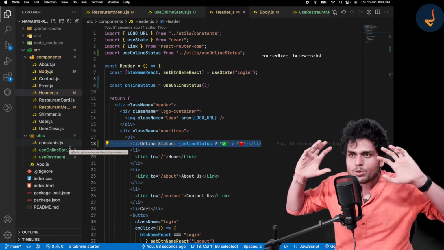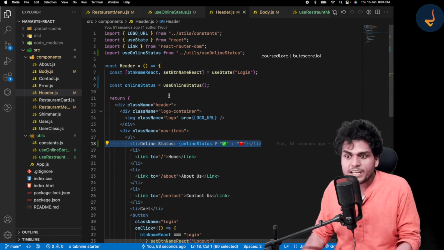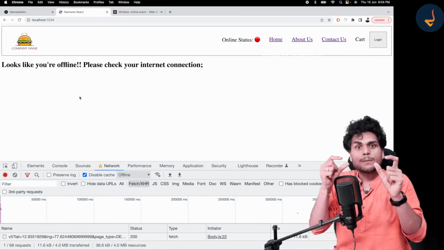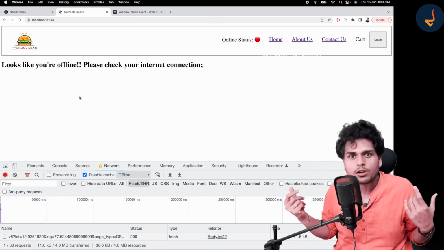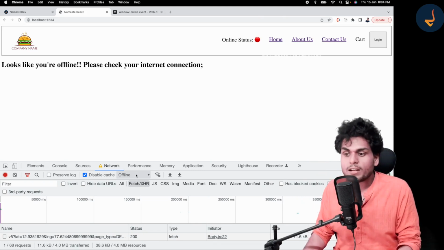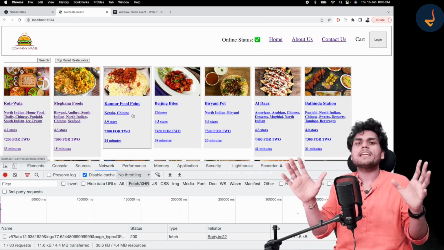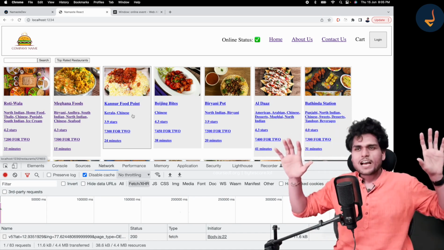These features look tough, but these are very easy to build, right? We have created our own custom hook. Wherever in our application I want to do something on the basis of online or offline status, I can use this hook. Amazing, right? This is an amazing utility. This is what I wanted to show you, that you can create a custom hook for literally anything, right? Literally anything.